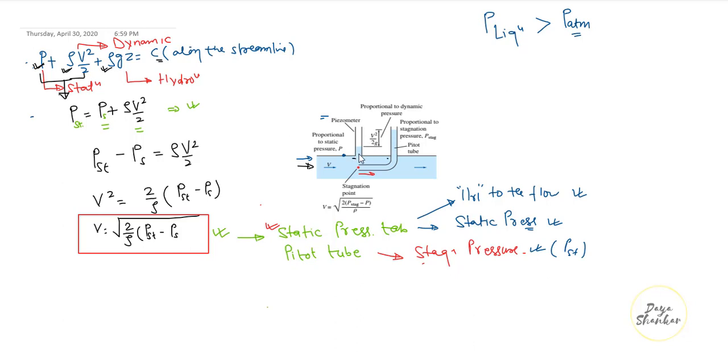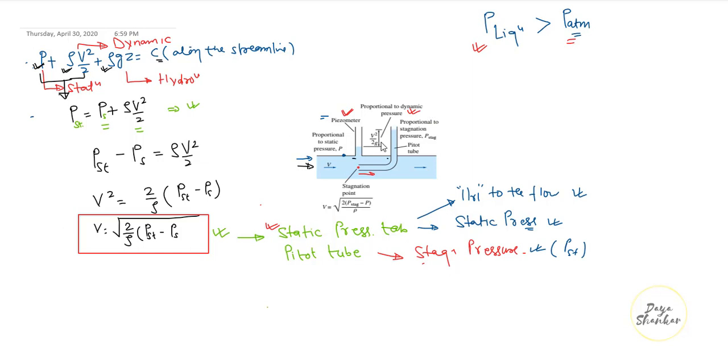See, here there is a hole through which we will attach a tube in vertical direction, and again through this one pitot tube we can attach another vertical tube. So this is known as the piezometer. Why we are attaching it? So there is a condition, suppose the liquid which is flowing inside it and the static and the stagnation pressure is greater than the atmospheric pressure, then these two tubes are required to measure it.